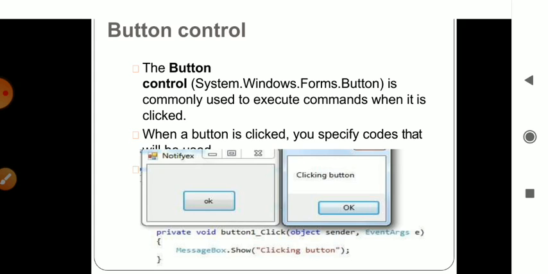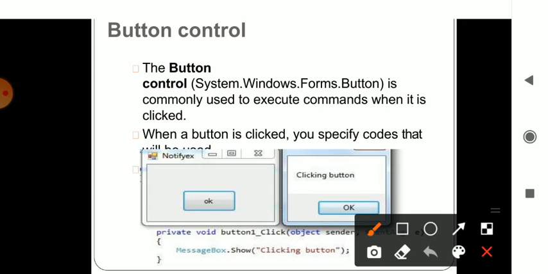Okay, so when you double click on that particular button, you will be shown the form with this specific code, that is private void button1. Since you are using button 1, if you have another button, it will say button 2. So private void button1_Click(object sender, EventArgs e). It's nothing but you are using an event to click certain thing. So it's an event which you are specifying within that particular button. And that object will be sent in the memory and it will fetch the element from the memory and display something on the screen.